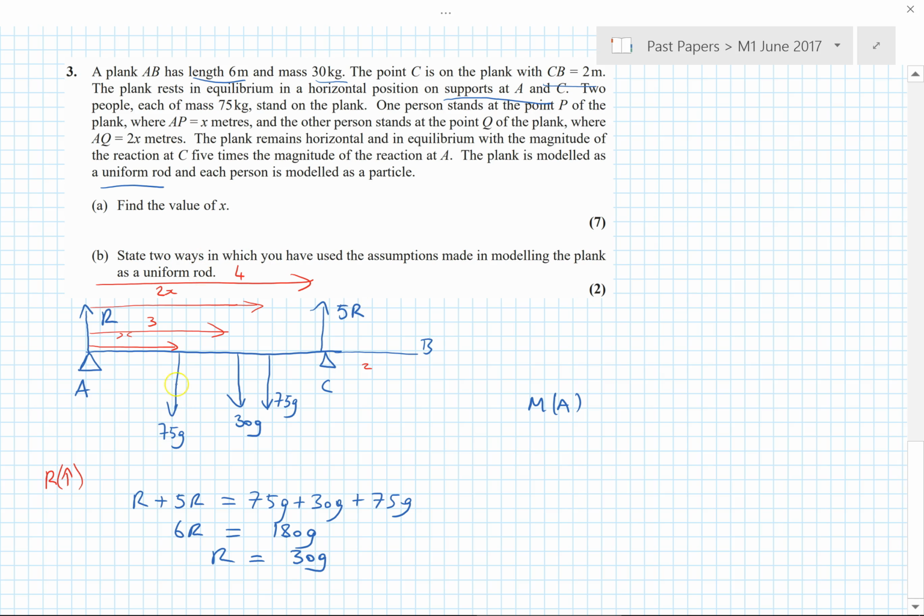So this one here, the 75G, times the distance, not three, it's x, sorry. And then 30G times 3. So this is the weight of the rod, plus the moment of the other person on the rod, which is 75G times 2x,